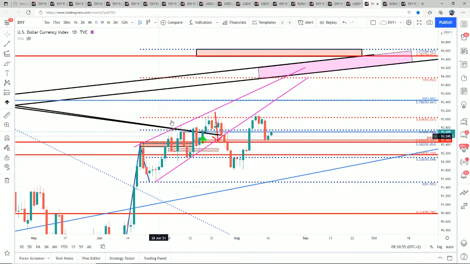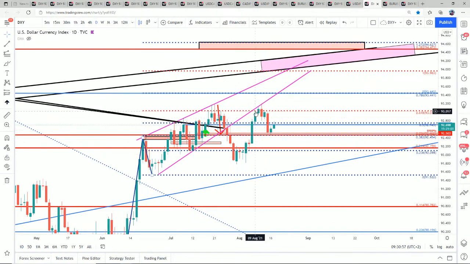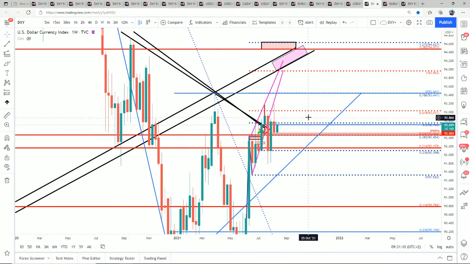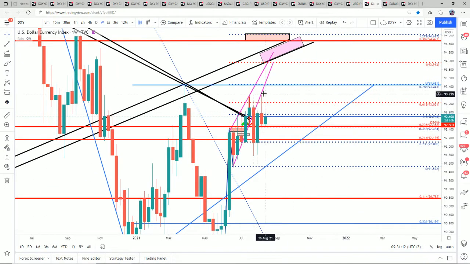Concerning this ABC formation, it's important to note that we had the first close, I already said it last week, first close and one open above the 61.8 for the first time on a daily basis. If we look on the weekly, we are still not closing above it. I would love to see a weekly close above it, a retest of this area, and then we would fly